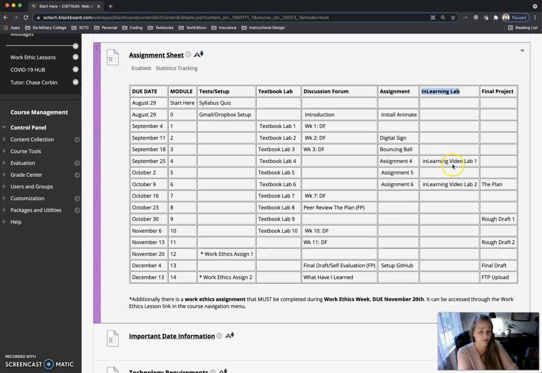These labs are video labs done with LinkedIn Learning, and I don't have your first lab due until week 4. So you have plenty of time to get your in-learning account set up and get access to it. I didn't start it off right away. Then you have your final project. The final project is going to be scaffolded, meaning it will be broken up into